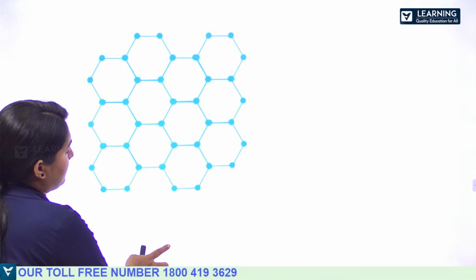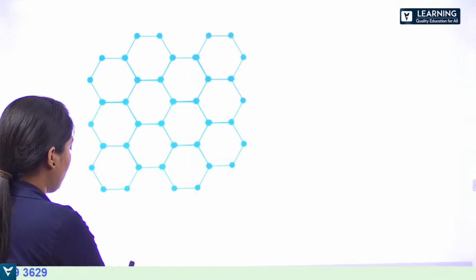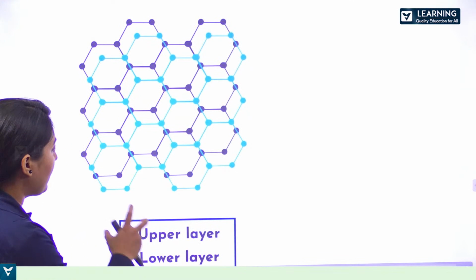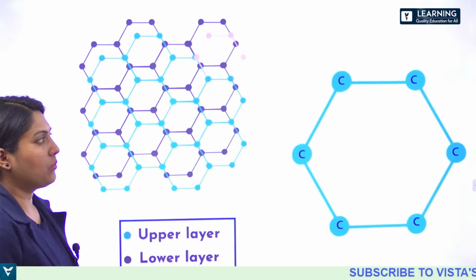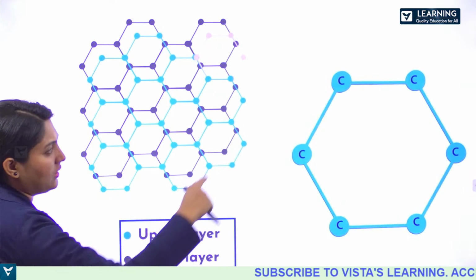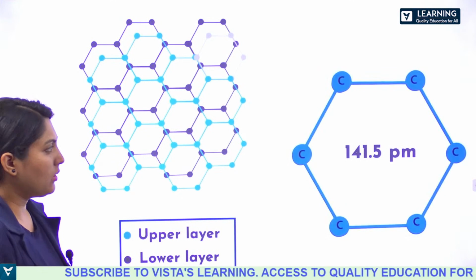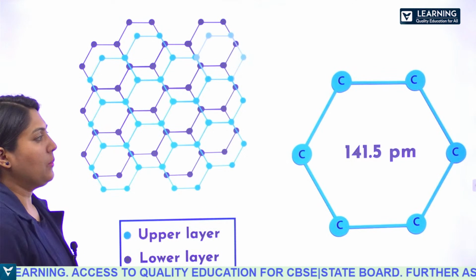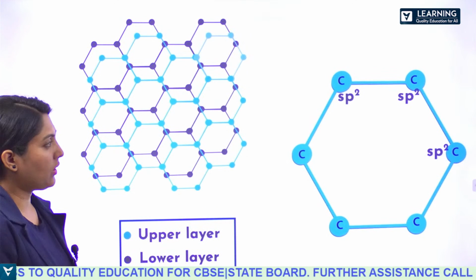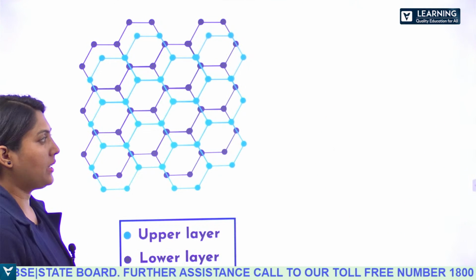So, the structure of graphite, where you will be having this upper layer and lower layer. The layer is in a hexagonal structure. Each carbon will be having hybrid orbitals, and the bond between carbons is 141.5 picometer, and each carbon will have sp2 hybridization,